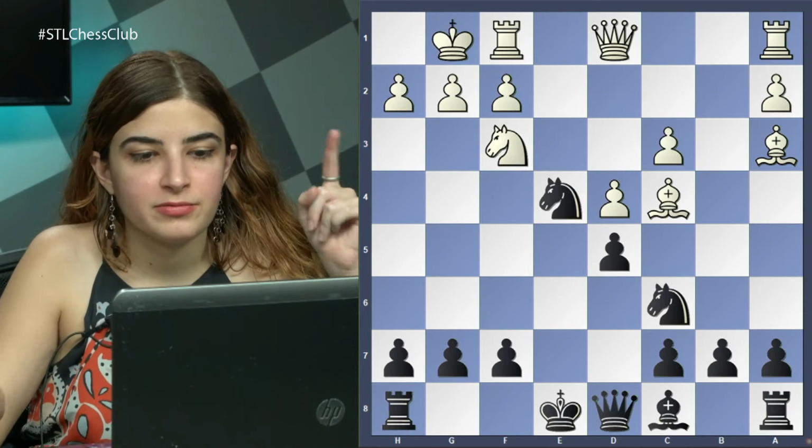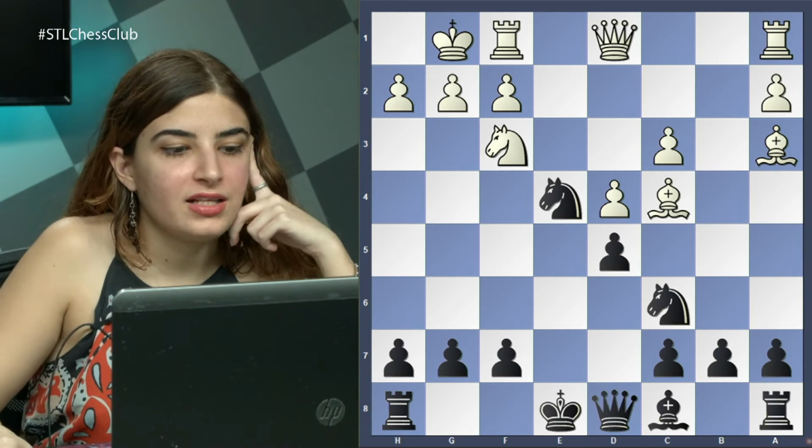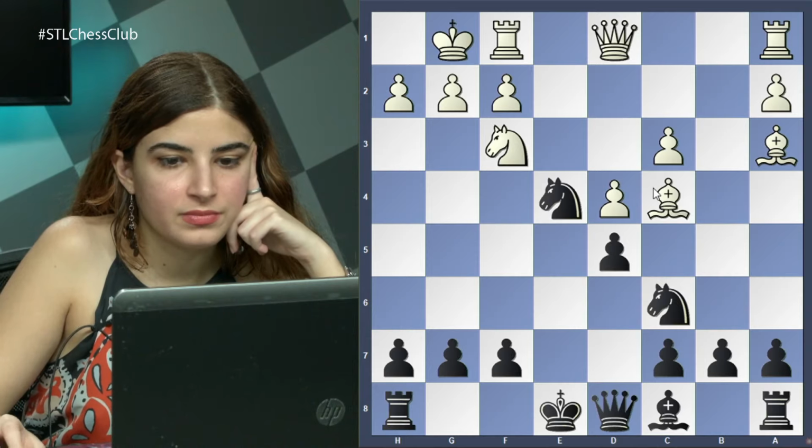Well, kind of weird to ask because we were showing it on screen, but still, how do you want to try and castle with black? Do you want to try and take the bishop, or